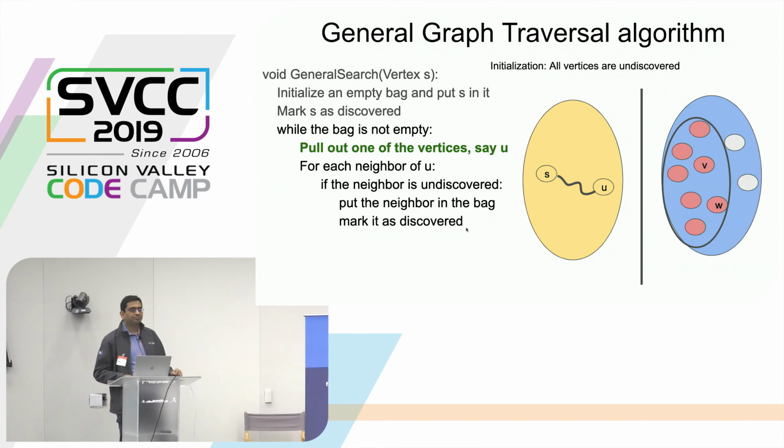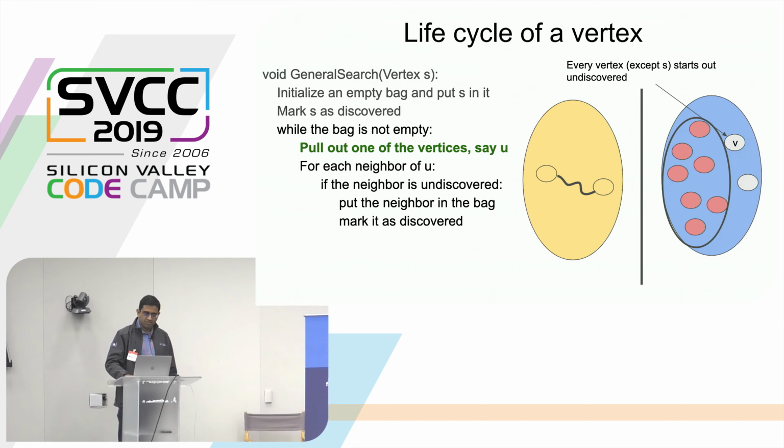Would you mean bag, do you mean a set, or do you mean it would be a data structure that would be maintained? So it would be a data structure. I will come to that shortly. All the different graph algorithms are using different data structures for implementing this bag. And they all have different policies for which vertex you will next pull out from the bag. So this is the common theme across all graph algorithms,